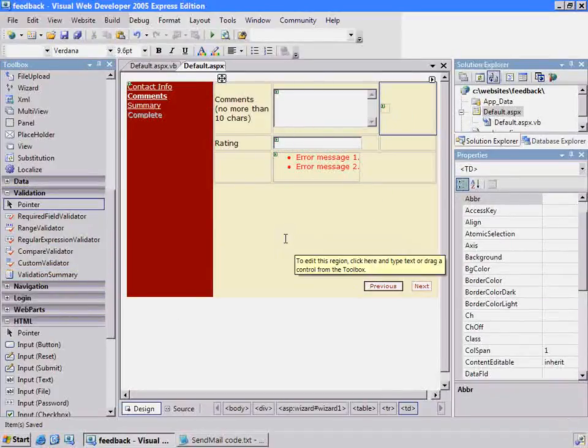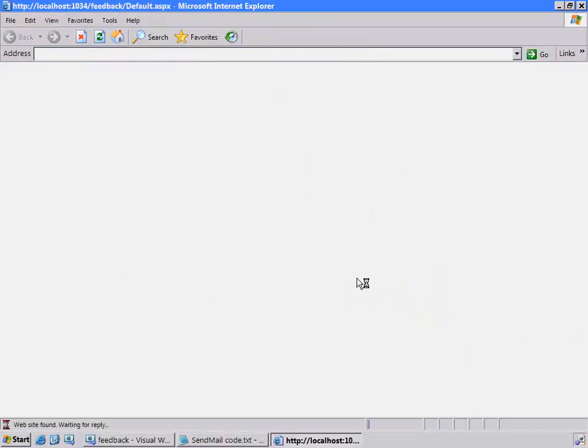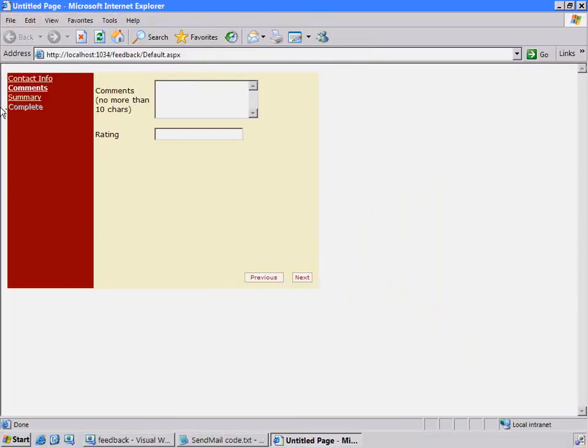And let's see this one work. Now, by leaving this page on the comments right here, watch when I bring it up, it's going to go directly to that step. So it doesn't start at contact info. That's important to remember before you finish. Make sure you reset your page back to contact info. But if I try to go forward with too many characters,